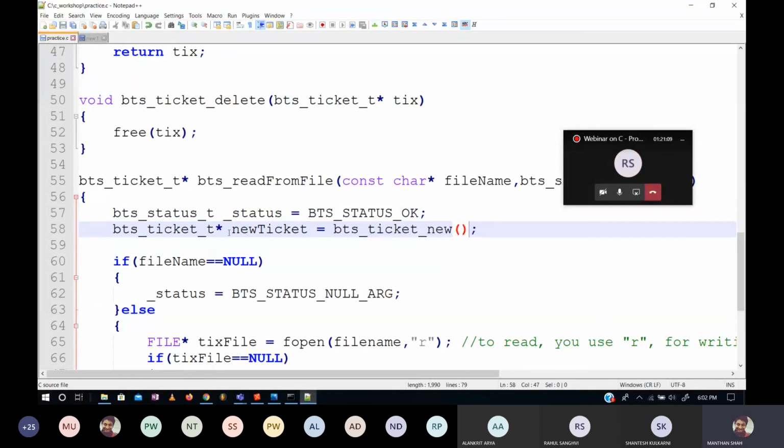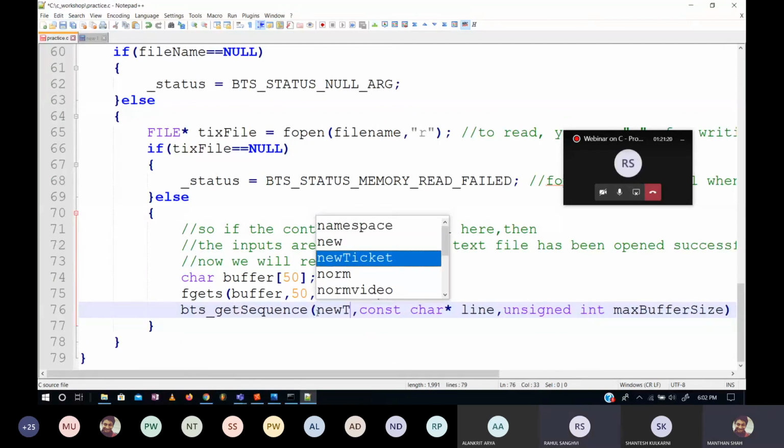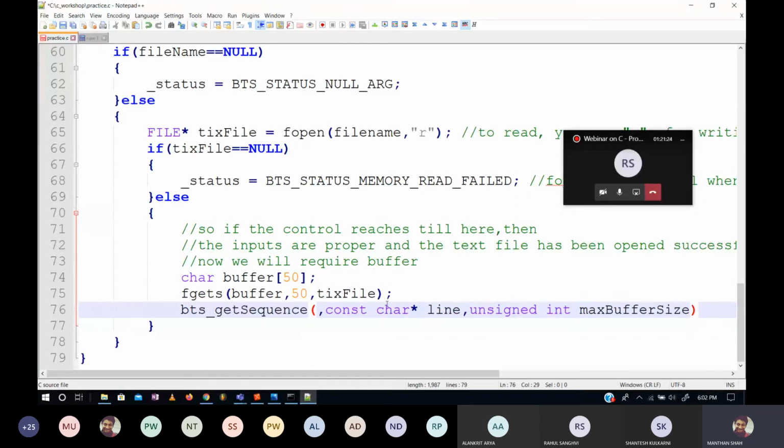All right. So now my new ticket has blank memory allocated by this function. I will use this later on, going up here. It's an int star, right? Okay.